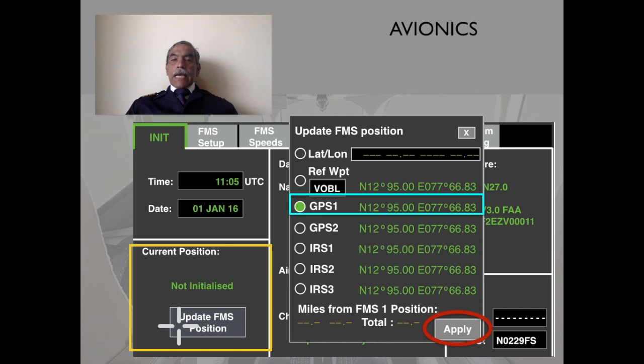Now the cursor can be scrolled up and down. Normally we update it with GPS 1 or GPS 2 position, which will both be very, very close to each other. So the pilot will select one of these, or if he finds that the stand coordinates which are written on the stand are much more accurate than the GPS, he can choose to update it